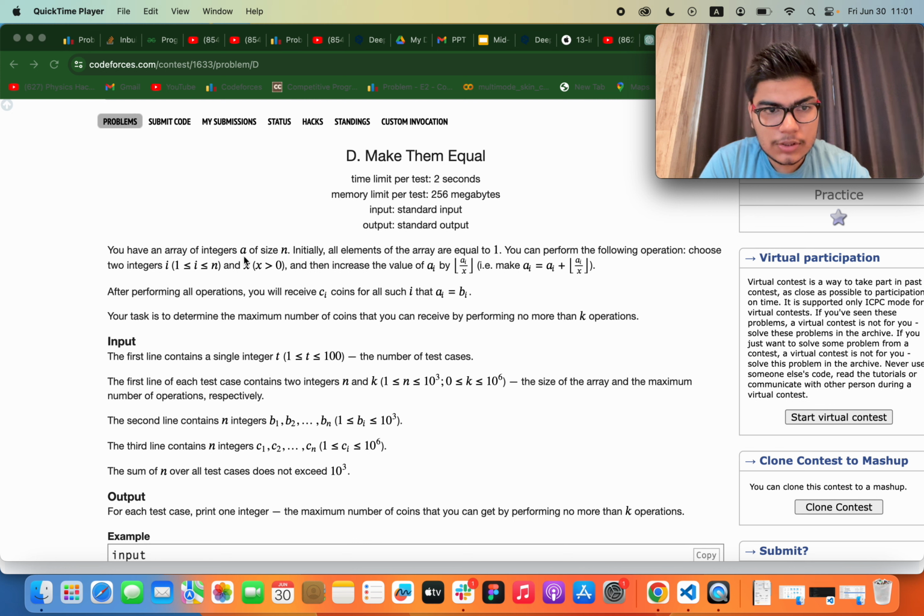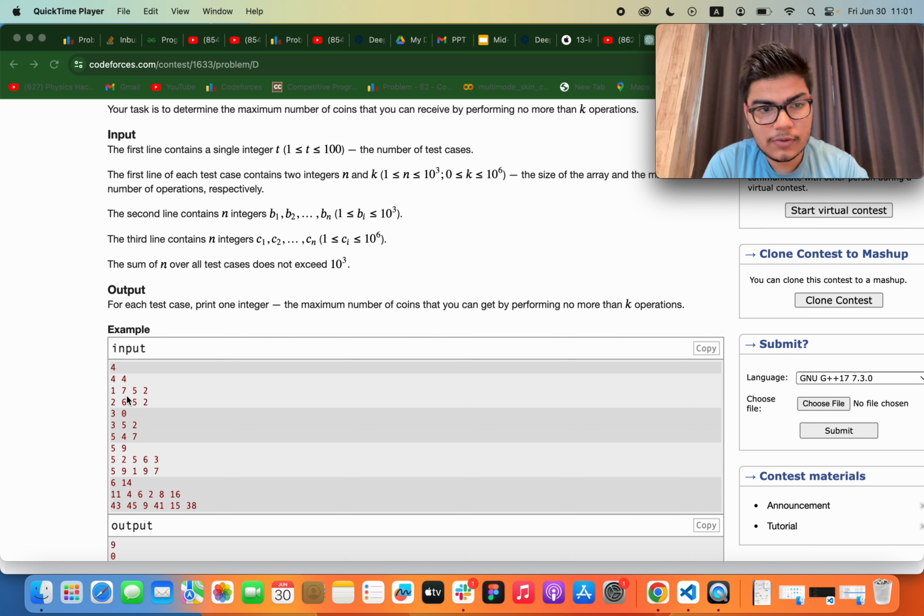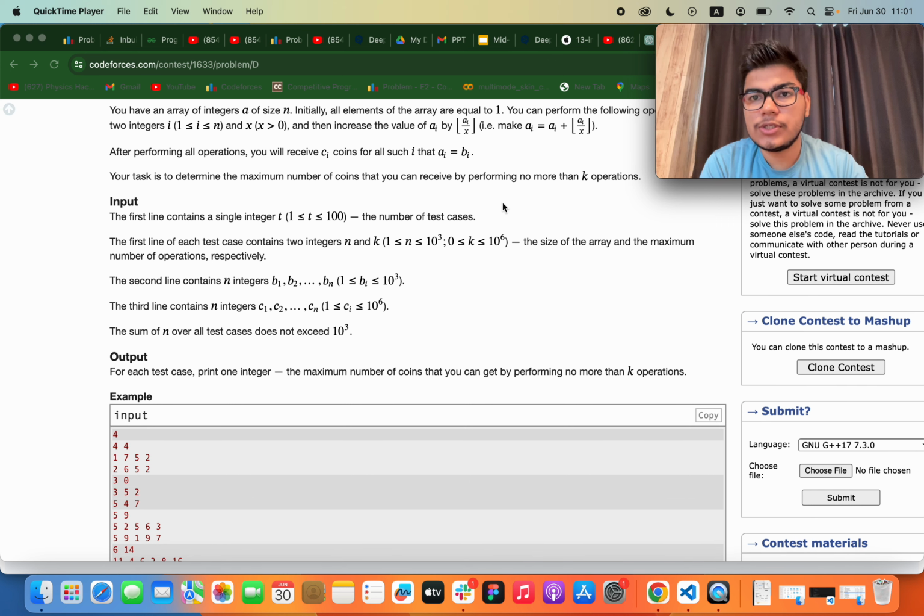As you can read here, the question says that you are given an array with all of the array's values as 1, and you have to convert array A to array B. If the ith element of the first array is equal to the ith element of the B array, then you will get c_i amount of points. So for example, you are initially given an array